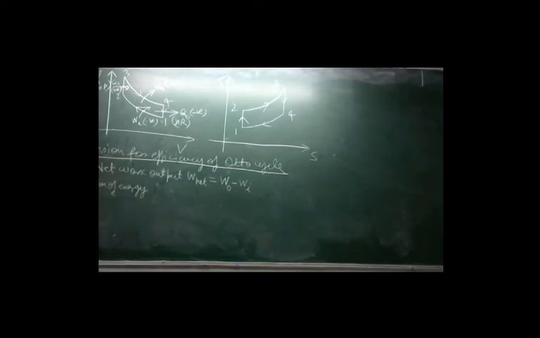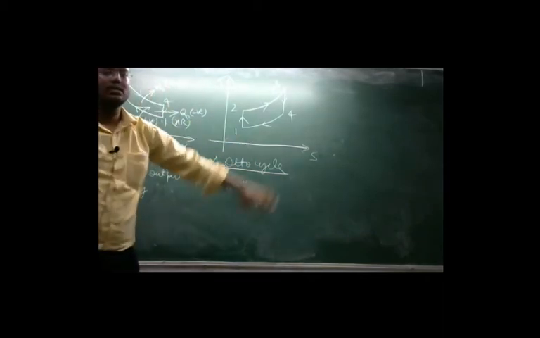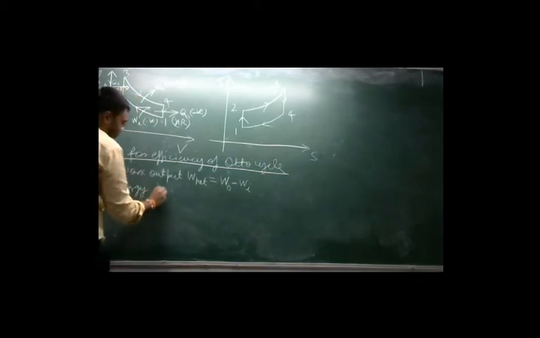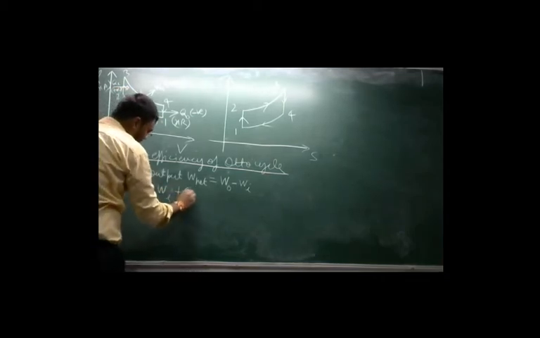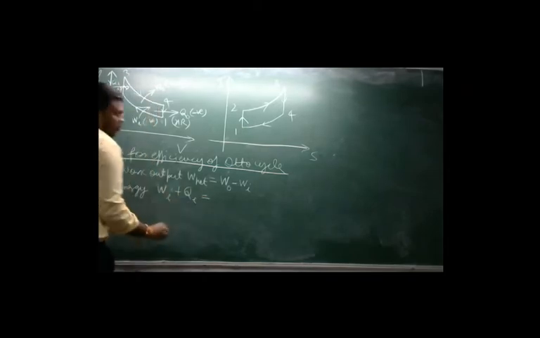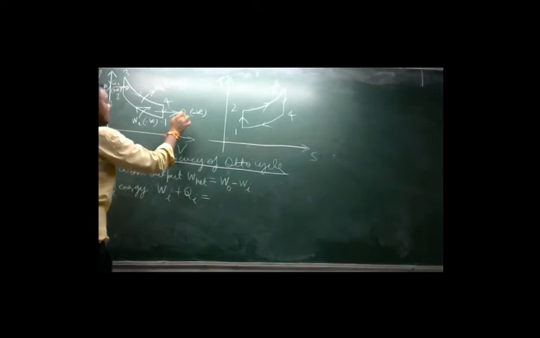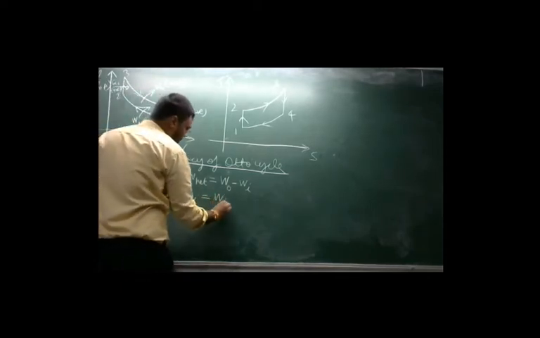Okay. So from conservation of energy we can say that total energy in to the system should be equal to total energy out of the system. So what is the total energy in? This heat input and work input is the total energy into the system. So Wi plus Qi is total energy in, equal to total energy out. WO plus QO is total energy out.